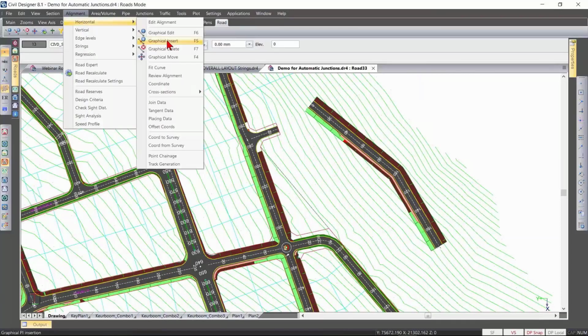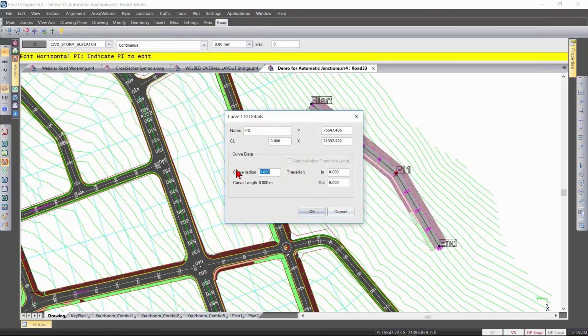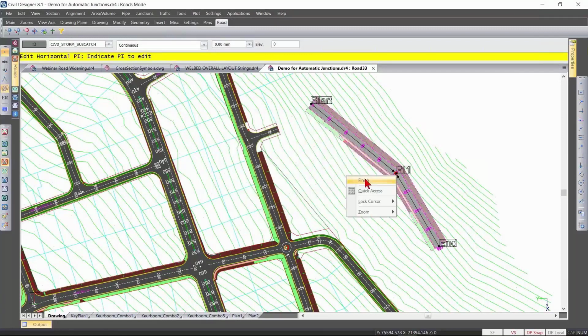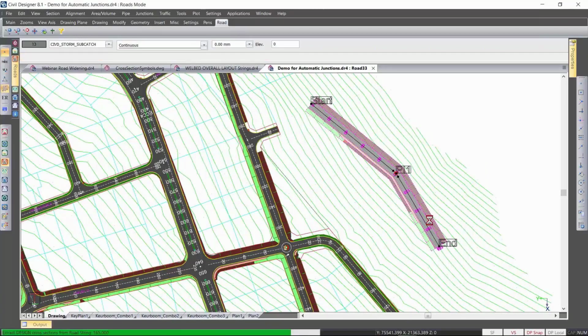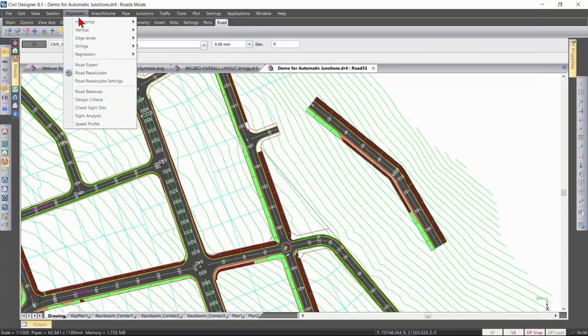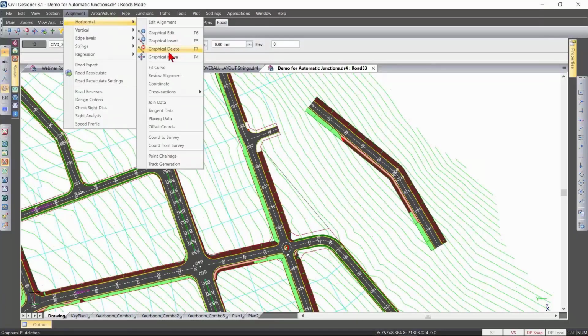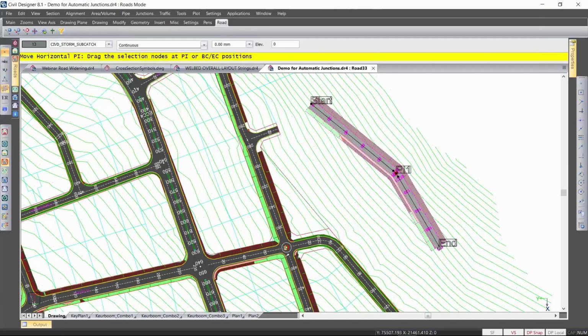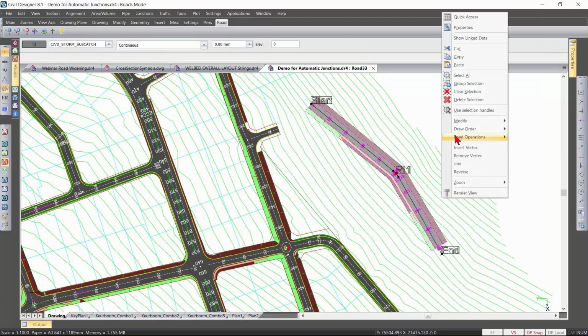So if I once again go alignment, horizontal graphical, move or edit my alignment. Okay, let me just smooth out this curve, the horizontal curve. I'm going to put in a radius of 20. Finish that. Just let it recalculate. Okay, I probably might need to use a slightly longer radius, but let's just move one of those PIs. In this case, I'll move the end PI just to show you. It'll then give me the option to insert